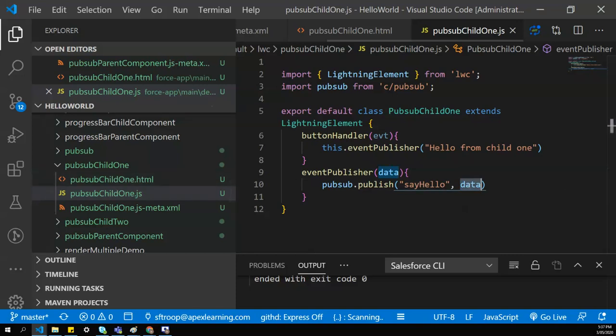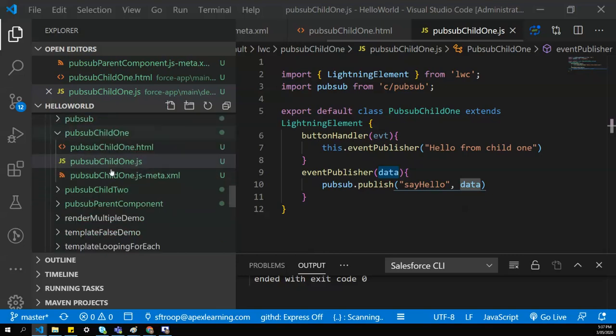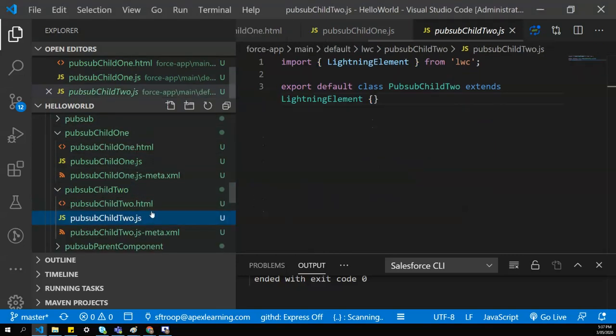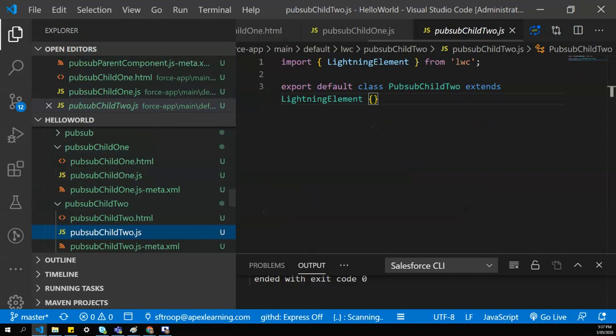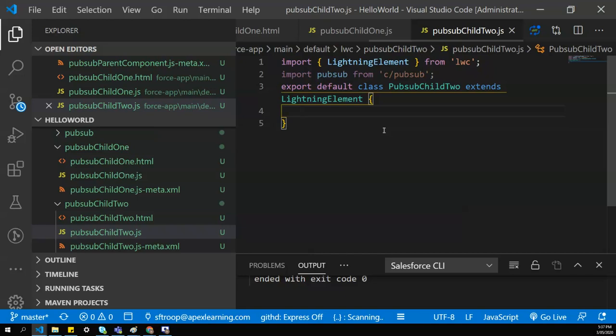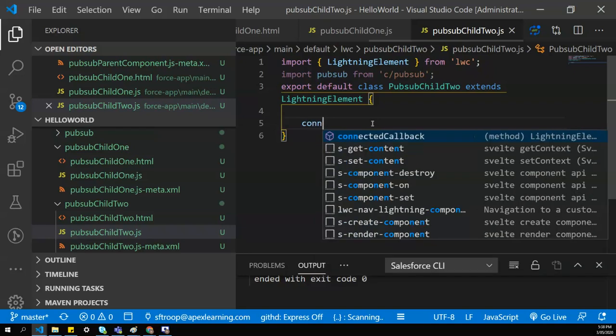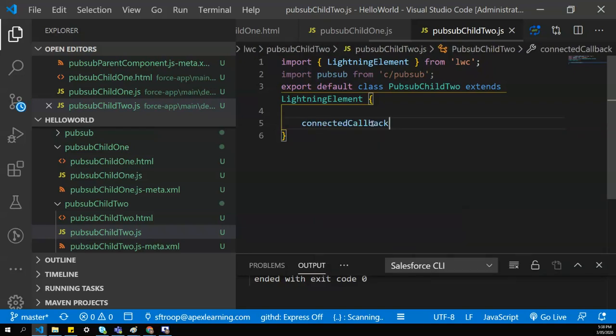So let's go to child 2, and in child 2 also we're going to import pubsub first. We already published, but this component should subscribe to that event. There is a lifecycle hook, connectedCallback.